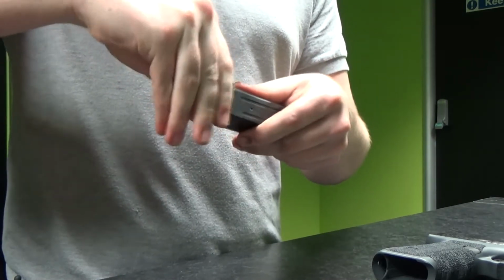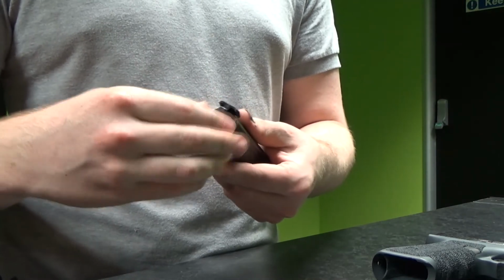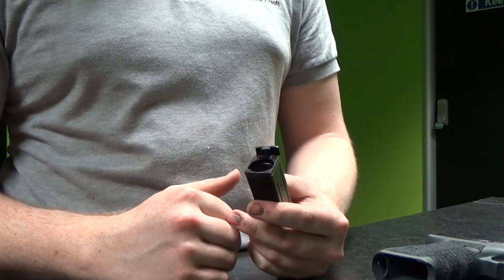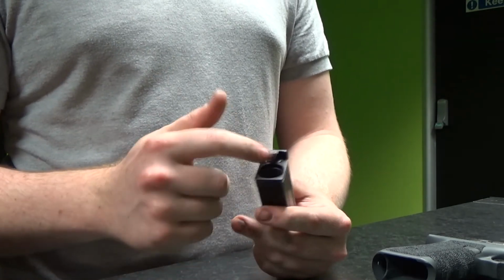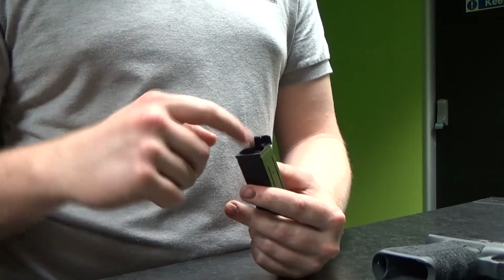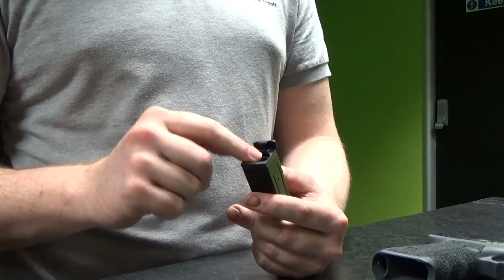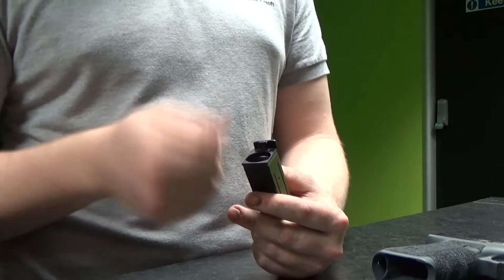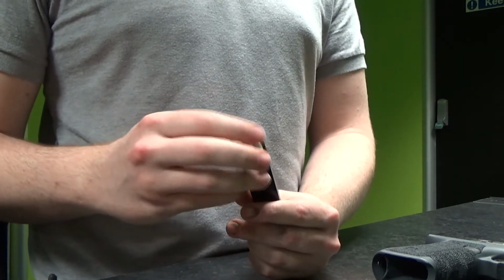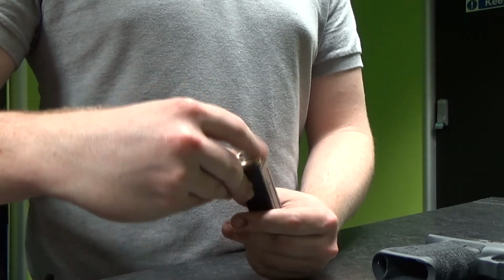Now what's nice about this is it has been thought about. If you've had experience with WE CO2 Glock mags in the past, you'll know that little silver cap that they have with the Allen key is not always easy to get in and out, where your Allen key will sit on the bottom of the CO2 capsule, so you can't get a good grip on the capsule. So we've got a little capsule here. Just going to pop that down, loosely screw that in,